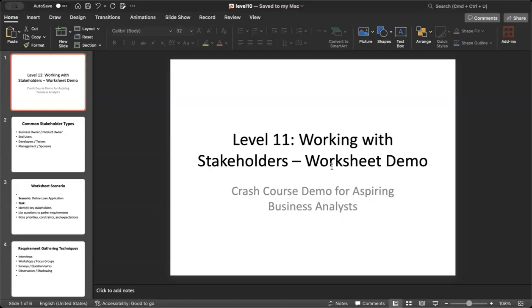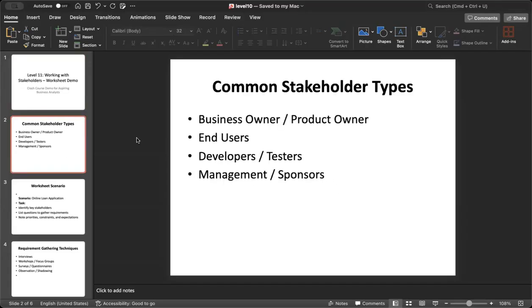In this level, we focus on working with stakeholders, which is one of the most important skills for a BA. Stakeholders provide the requirements and insights that guide every IT project. So why is stakeholder management important? Stakeholders are the source of truth for business requirements, and effective communication